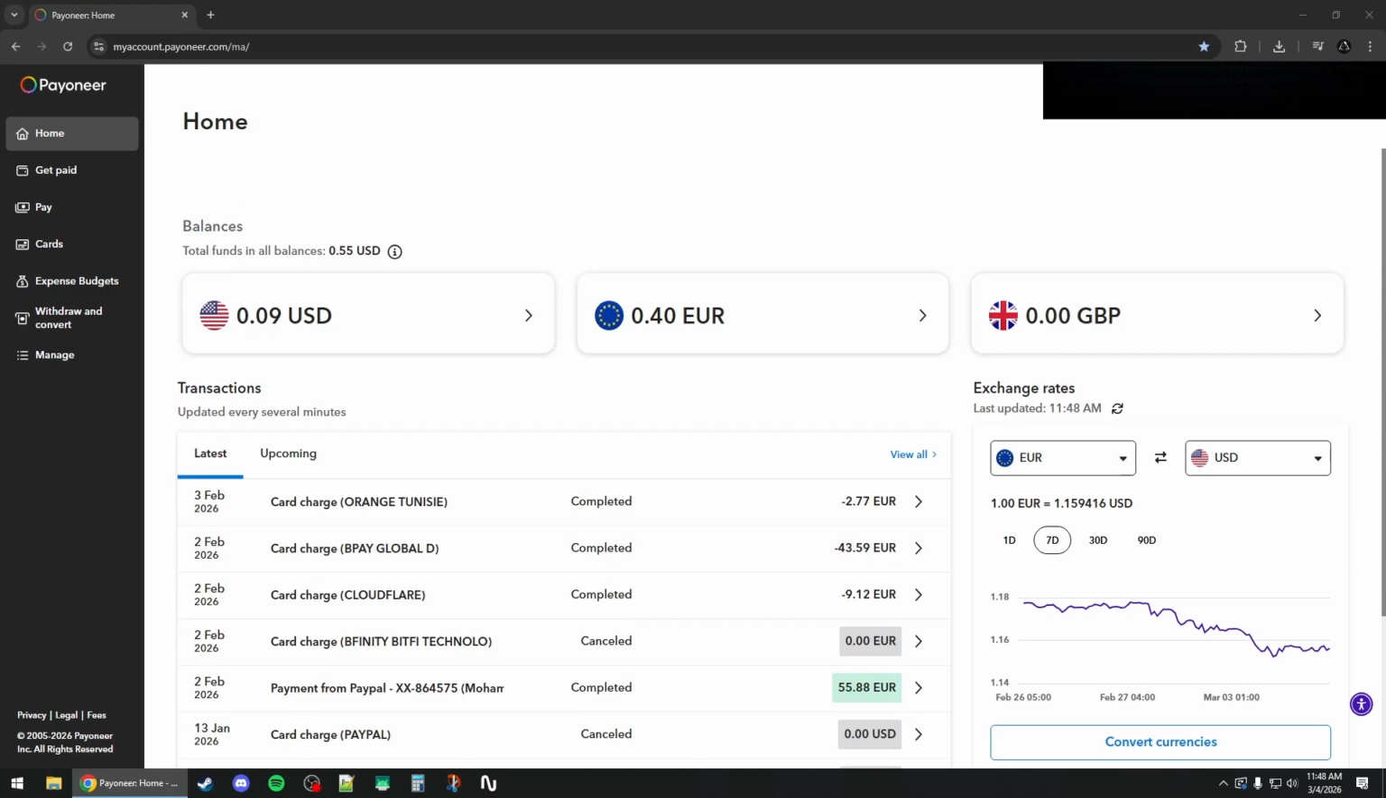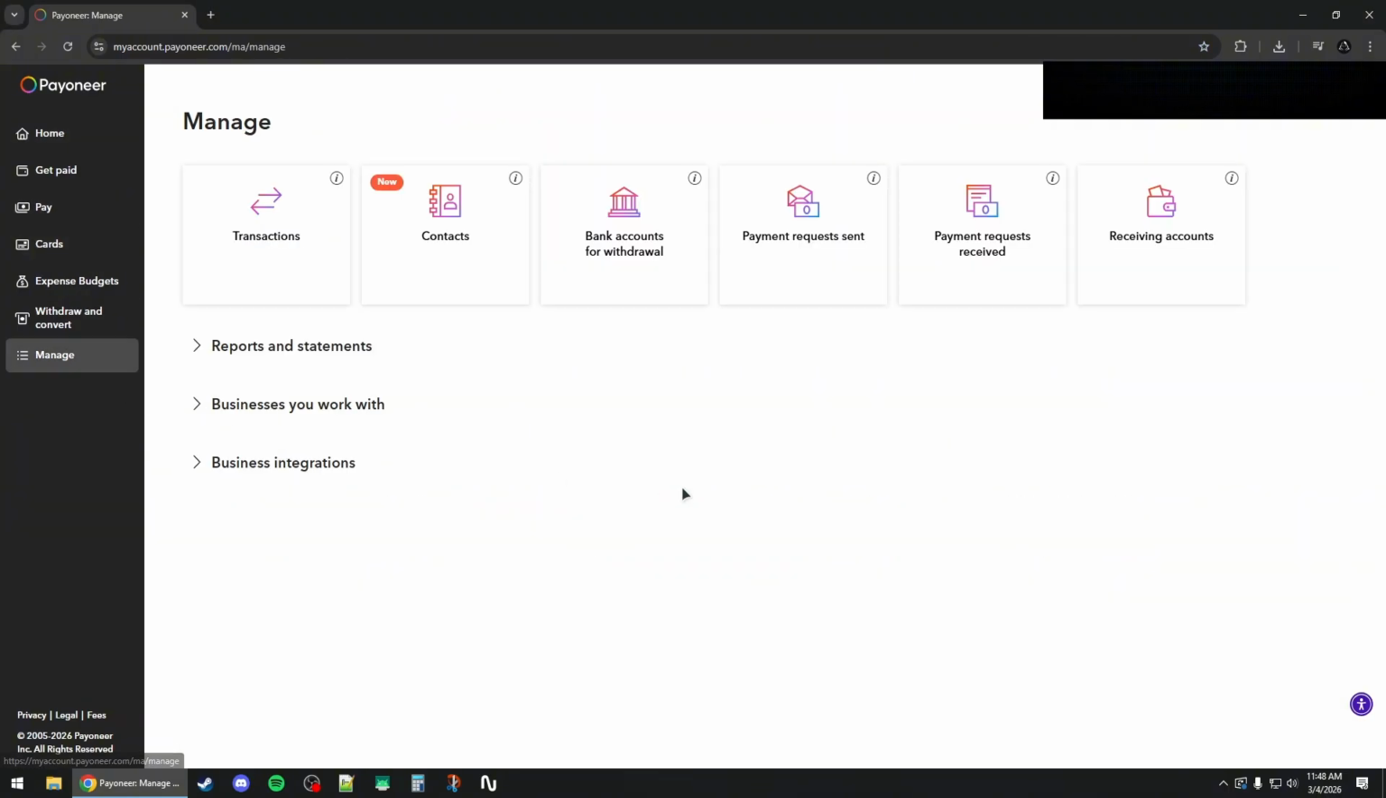I'm going to show you how to withdraw your money from Payoneer to your bank account. So first you want to go to payoneer.com and then sign into your account. Next you want to click on the manage button on the left side here, and then you want to click